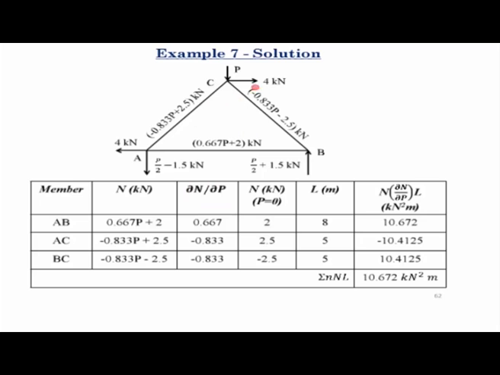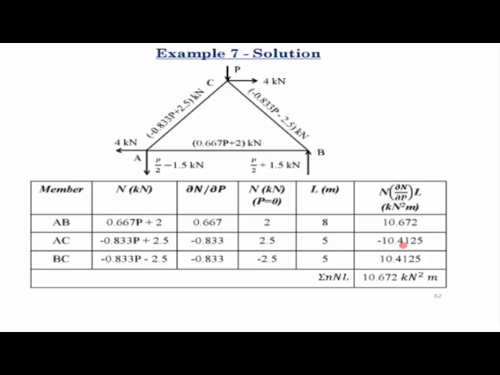So here also those two columns are identical. The only difference is you are having a different heading here, and here we are applying the load P and the external loads simultaneously on the truss. And these are the lengths of the members, which are different for each of these truss members. Again, you multiply the three columns, del N del P, N, L.